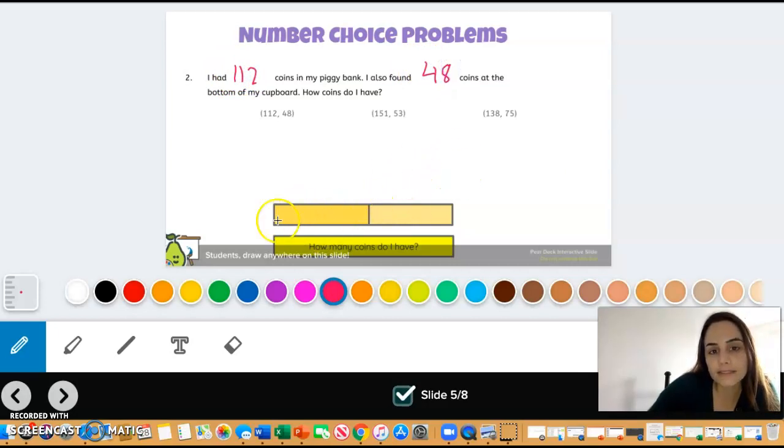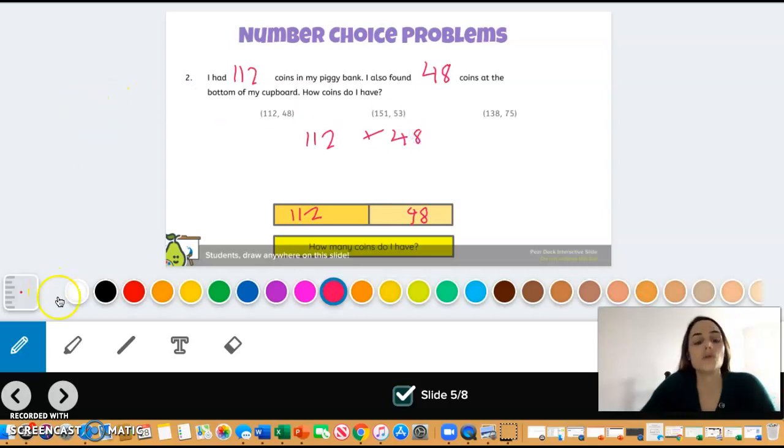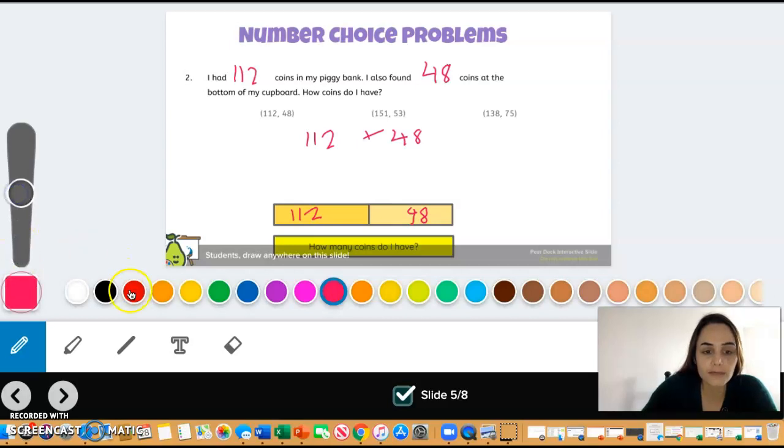So I have, this is in my piggy bank, and then in the bottom of my cupboard. So I do have these two things, and I need to count how many coins I have together. So how many coins do I have in all? So this is addition, okay? So you can choose how you want to solve this equation. So I think for this one, I feel more confident if I add,